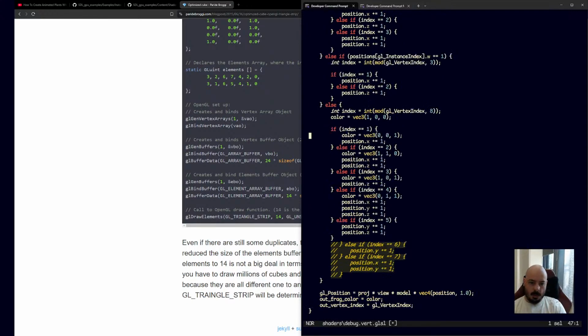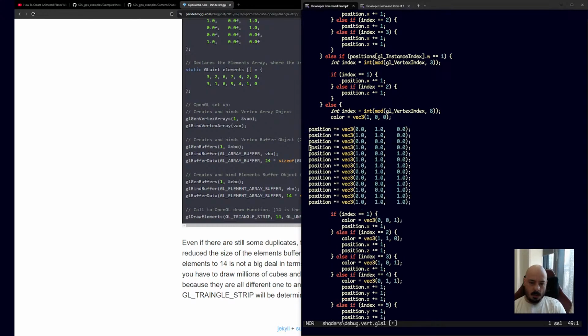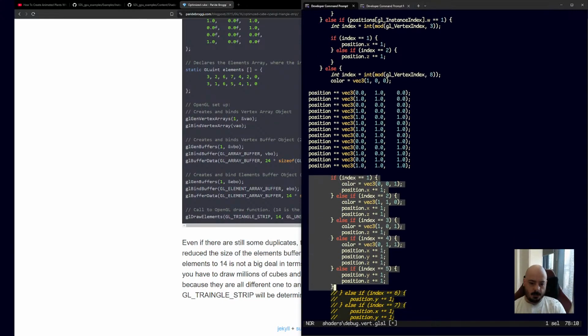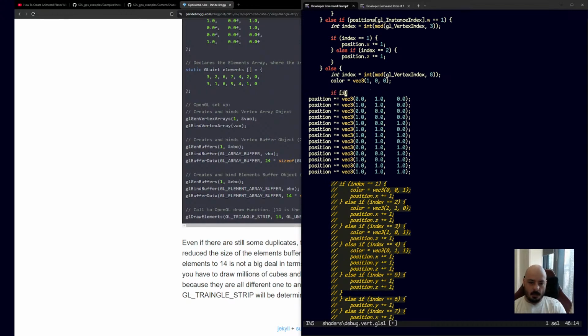So we grab these and we put them in here and we say, I could just make an array, I guess, actually. It's alright, we'll just do this for now. If index is 1, well, if it's 0 actually,